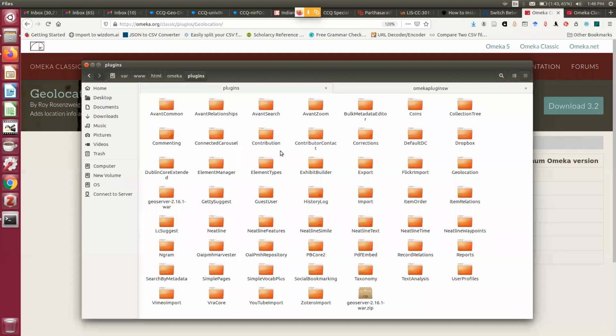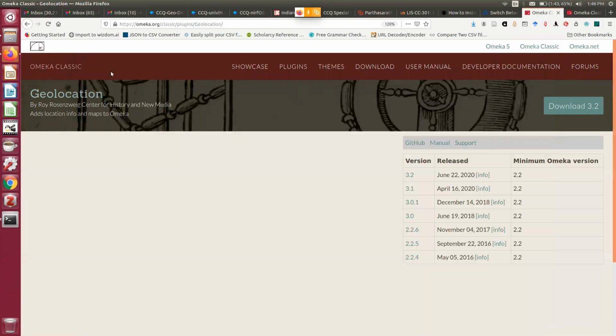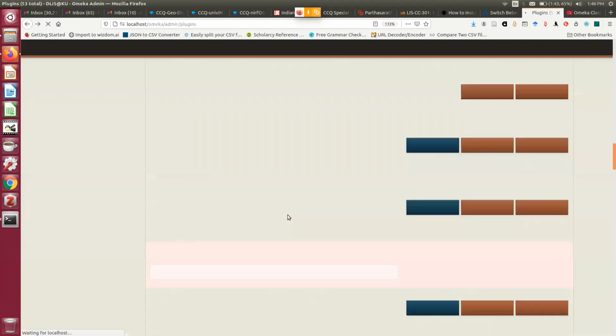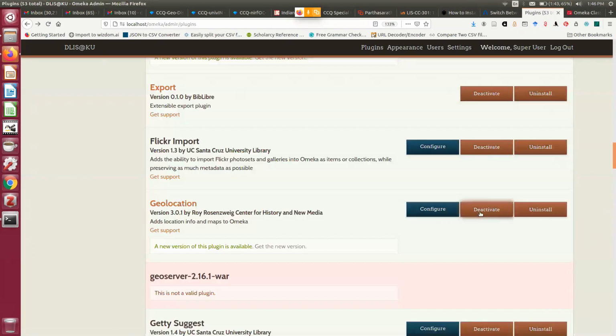So this is my geolocation. This is the plugin I am already having. So if I want to first uninstall this one, what to do? First I need to deactivate this one, geolocation.